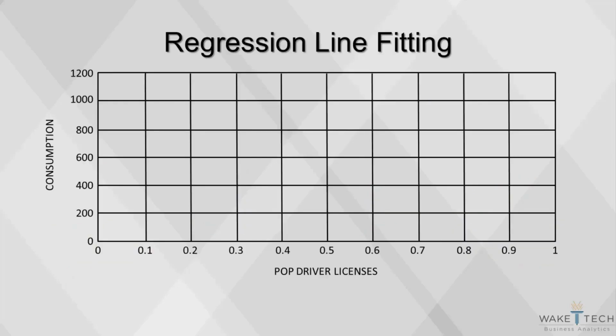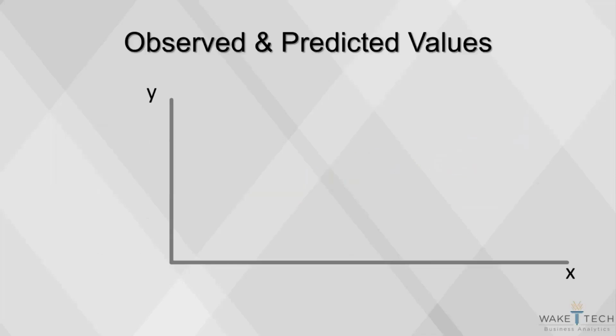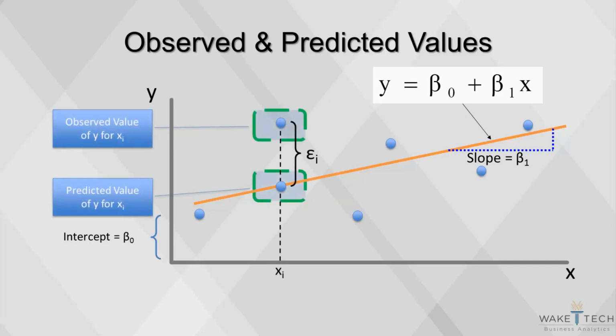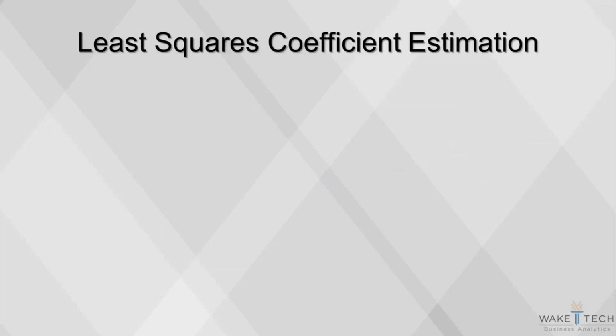In linear regression analysis, our goal is to estimate a pattern, in this case a line, that best fits the data. The best fit for our data will go through the core of our data and minimize error. The linear relationship in algebra is when a line is represented by its slope and intercept. But instead of an exact relationship, regression analysis estimates the line from data. Since the line does not fit data points precisely, there is an error term, e_i, measuring the deviation of actual y from estimated y. Using the least squares coefficient estimation, we can obtain the line that best fits the data by minimizing the sum of squared errors.